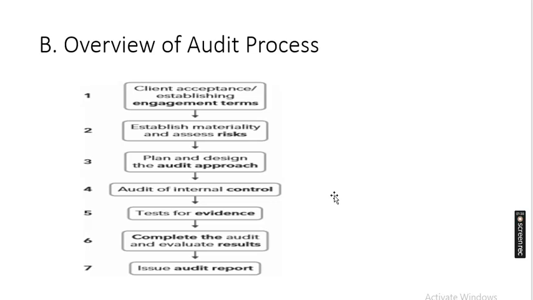Alright, so we are just starting. We started by looking at the purpose of an audit, which is to gather sufficient, appropriate evidence. In auditing, we follow 7 steps. The first step is client acceptance or establishing engagement terms. So you have to accept the client. You have to look at the identity and the type of business. You also need to assess ethical issues. That's the first thing, client acceptance. Then the second step, you establish